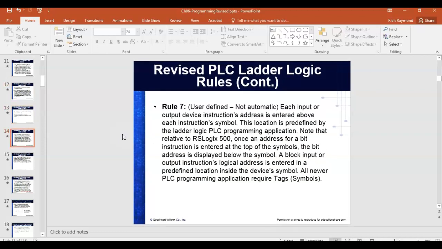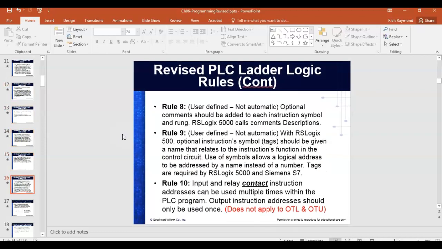What I want to make sure we understand is this guy right here, Rule 10. So it says input relay contact instruction address can be used multiple times within the PLC program. Output instruction addresses should only be used once. We do have two that is allowed. This is called output latch and